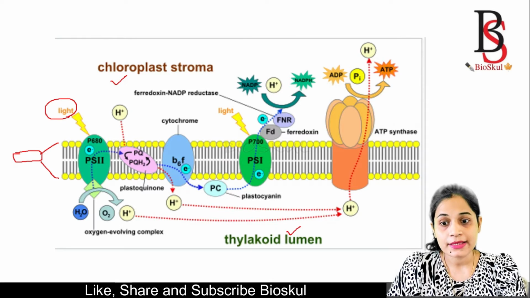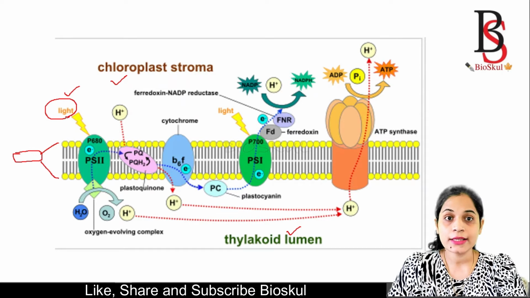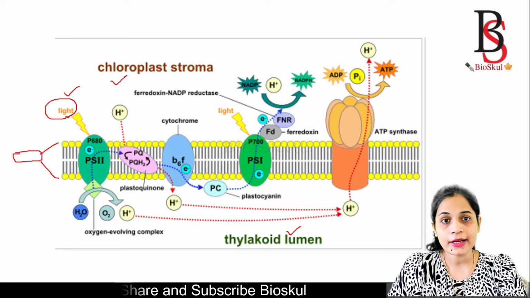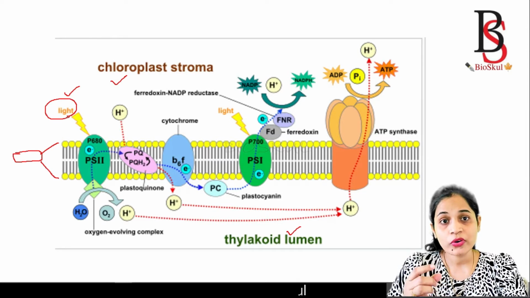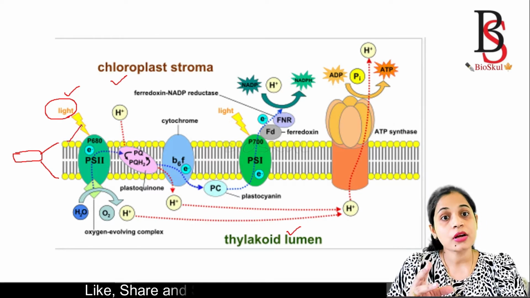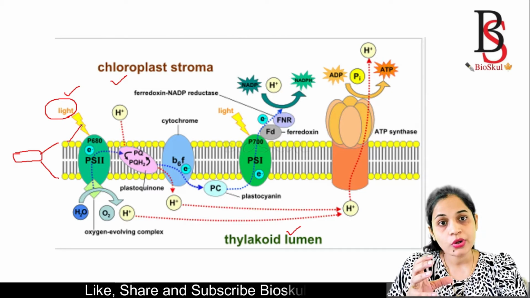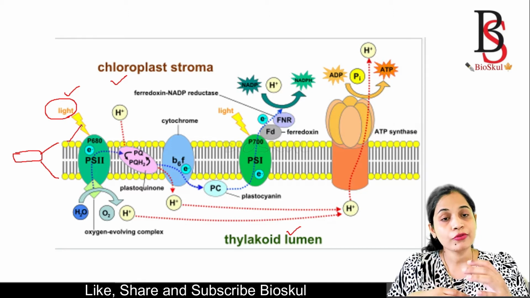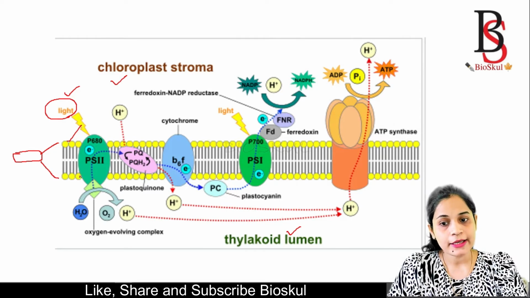As it is the light reaction, for the process to begin, it requires light, as its name indicates. The light will first hit the photosystem. Where is the photosystem present? It is present in the thylakoid membrane, and it consists of two parts: the antenna complex and the reaction center. The photon will first hit the antenna complex, then move to the reaction center. For the light reaction, it will first start at photosystem 2.